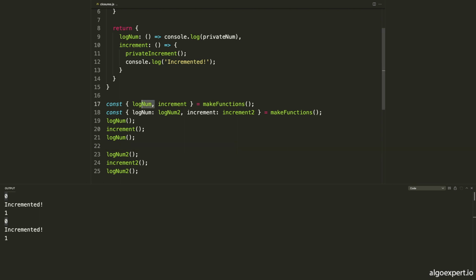So log num has access to a different num variable than log num2. The reason for this is that they were created in different calls to the make functions function, meaning that log num and log num2 have different parent environments. Each of these calls created its num variable, which was then saved in each log num closure,